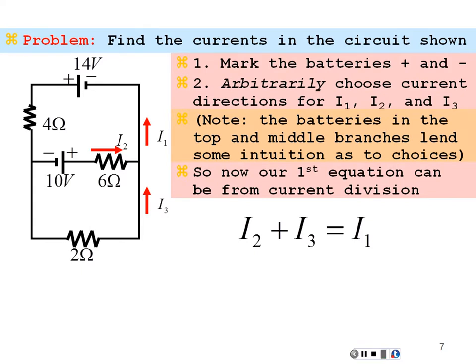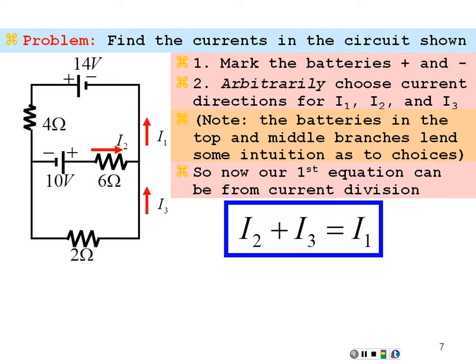Okay, what do I do next? Well, now I know my current directions. So based on these directions, I'm going to mark all my resistors. Wherever an assumed current flows into the resistor, that's the positive end. Wherever it flows out of the resistor, that's the negative end. So I1 is coming around like this. It's flowing in the top end of this 4 ohms and out the bottom end. So I'm going to have positive, negative